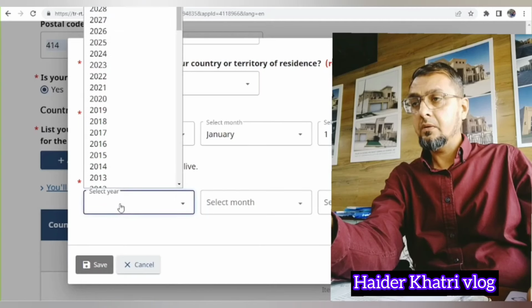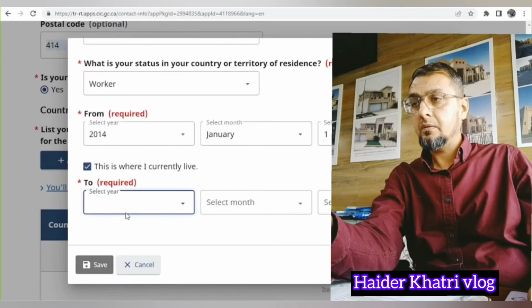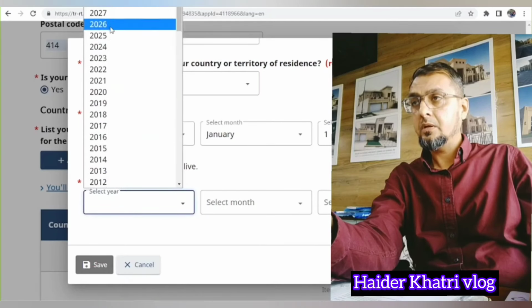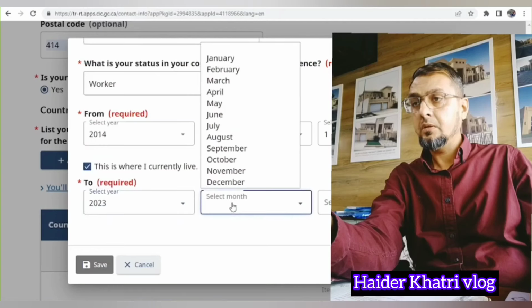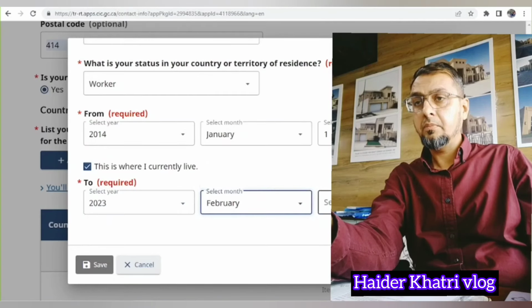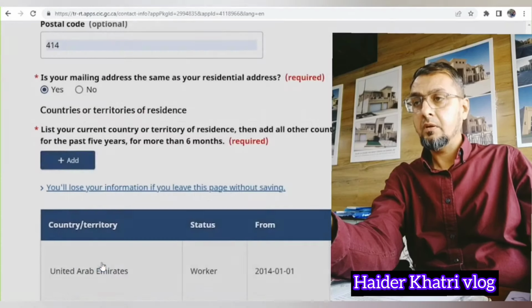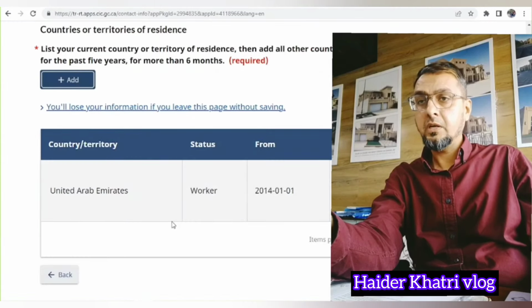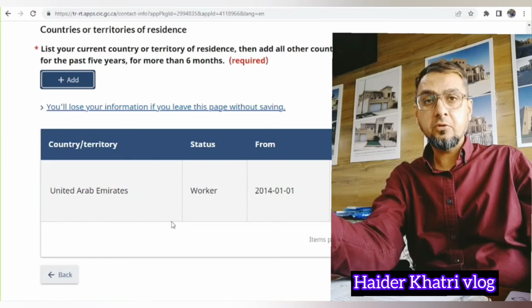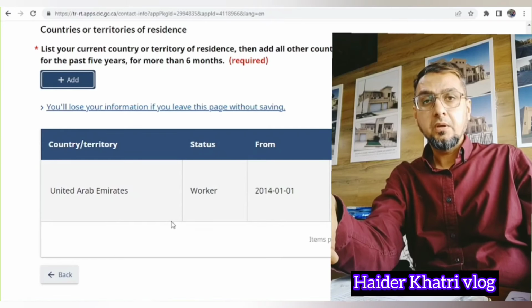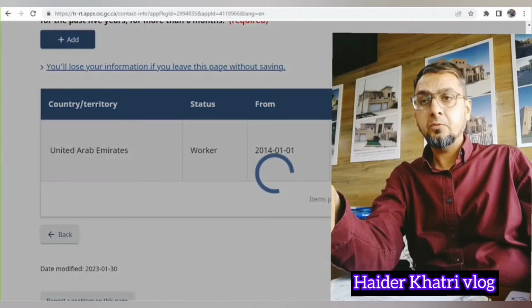Till now, 2023. So you will have to select the current date, Feb. Today is 21st. Okay, we'll have to save, and it will automatically come here. If you have any other countries where you lived as a resident, you will have to put them here. So save and continue.